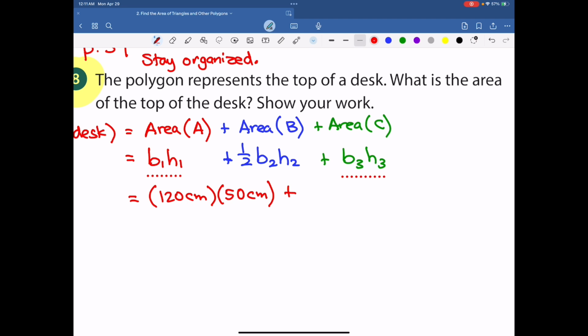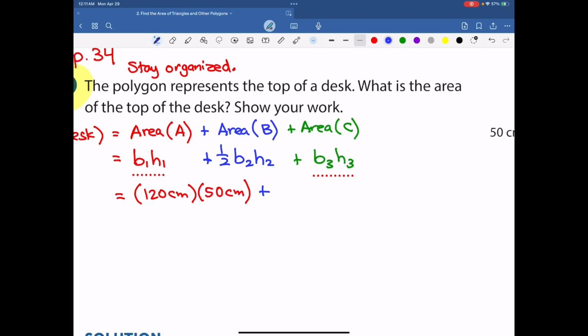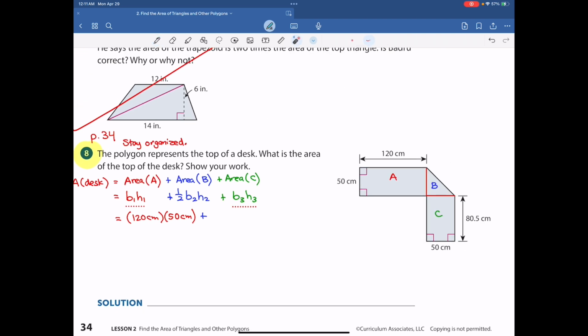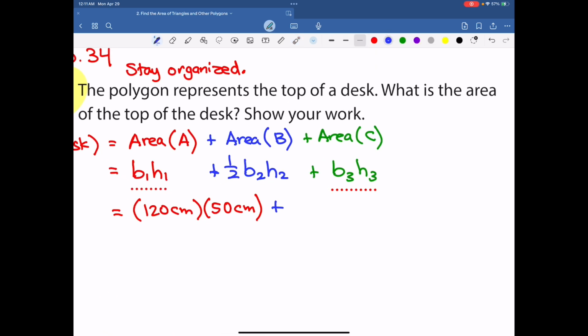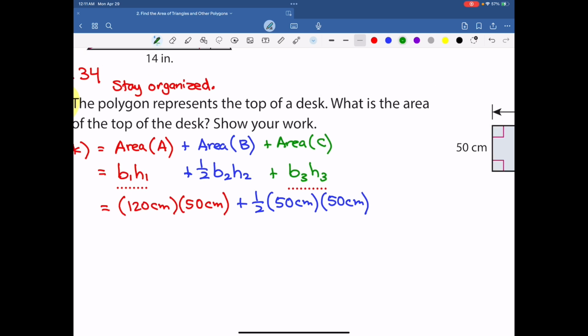Plus, now let's do the triangle. So I can see that the base here is 50 centimeters. It's the same as that one. The height is also 50 centimeters. It matches this here. So 50 centimeters for the base, 50 centimeters for the height. So we'll write down in blue 1/2 times 50 centimeters for the base times 50 centimeters for the height. Plus,